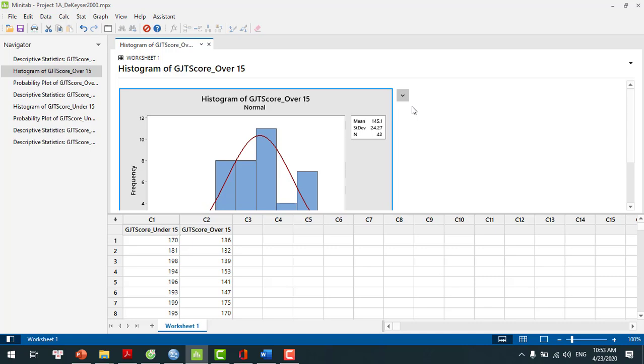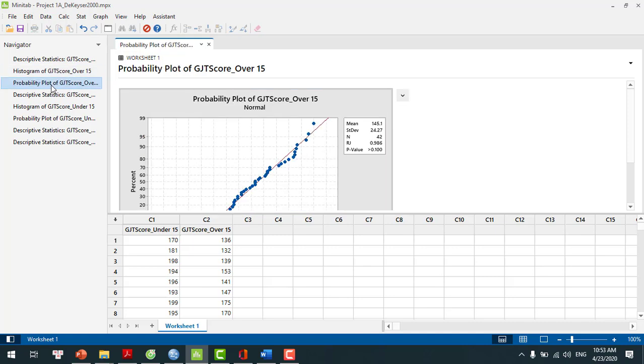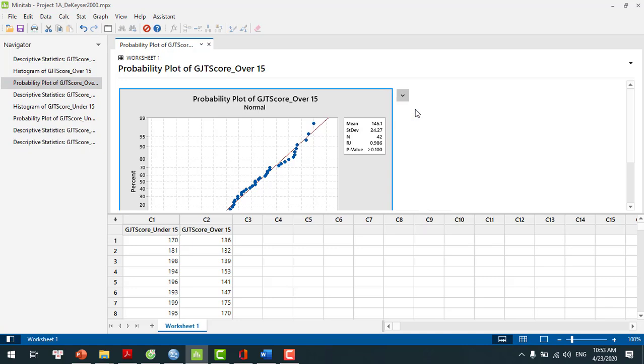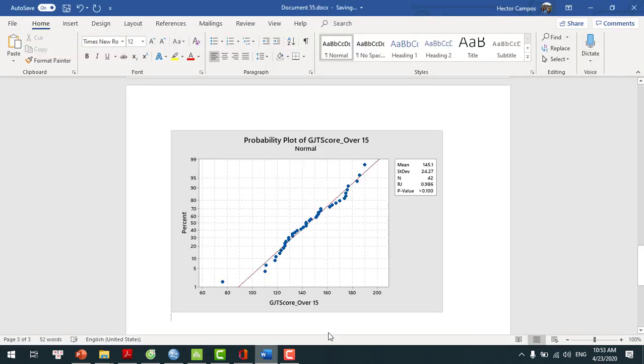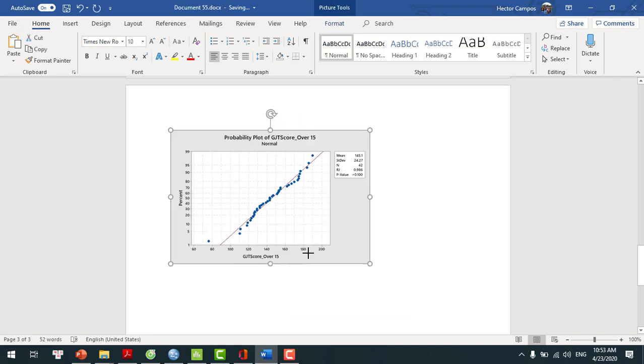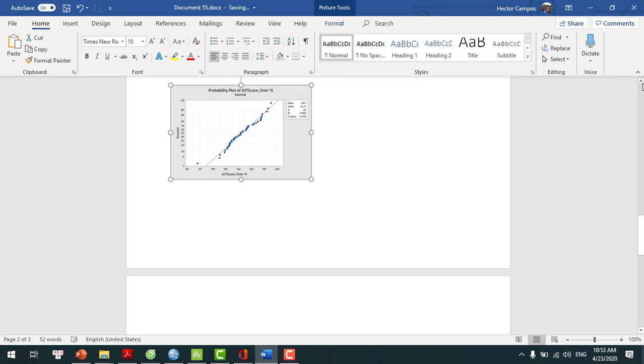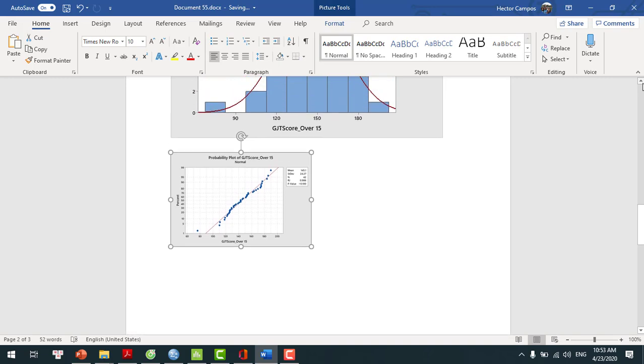It's taken a while. And then we're also going to send the probability plot that we analyzed. So let's click on the probability plot and let's send this to Word. Okay, it's been sent. So let's check our Word document, and sure enough, there is my probability plot for this. Let's make this small so we can fit it on a page. Okay, so let's make it small like that, and there's the other one, the big one,